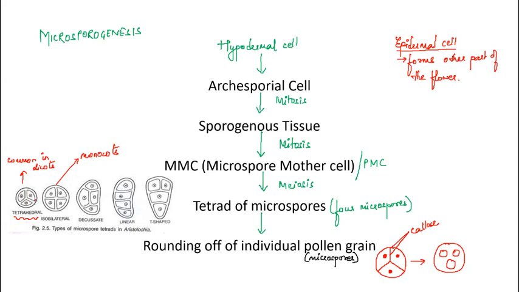The arrangement of microspores in a tetrad is known as tetrahedral, which is common in dicots, or it can be isobilateral, which is common in monocots. However, some decussate, some linear and T-shaped are also found. There is one plant known as Aristolochia elegans. In Aristolochia, all 5 types of tetrads are present. Just remember this name. And what is a tetrad? A tetrad is 4 microspores. When it is tetrahedral, like this arrangement, it is seen in dicots, which is the most common one.